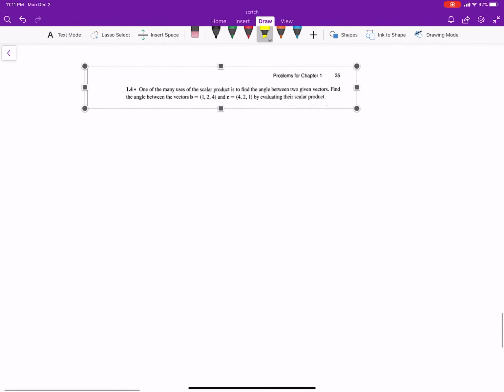Okay, so we got a pretty straightforward problem. It says one of the many uses of the scalar product is to find the angle between two given vectors. Find the angle between vectors b, which is (1, 2, 4), and c, which is (4, 2, 1), by evaluating their scalar product. So the dot product, in this case we're dotting vector b and vector c, is equal to